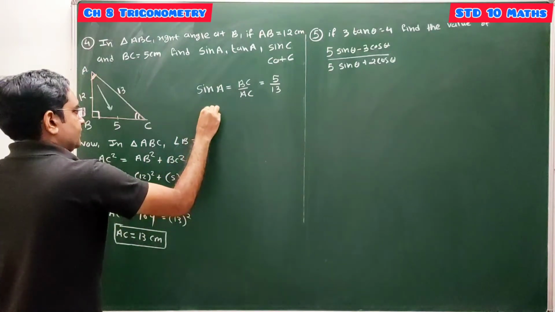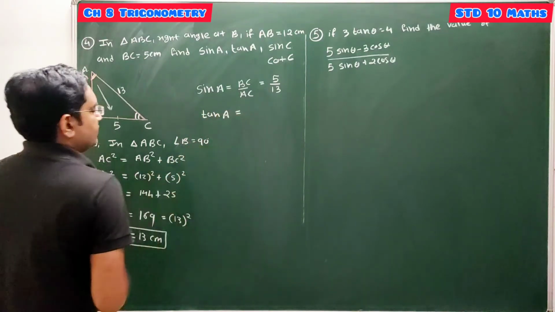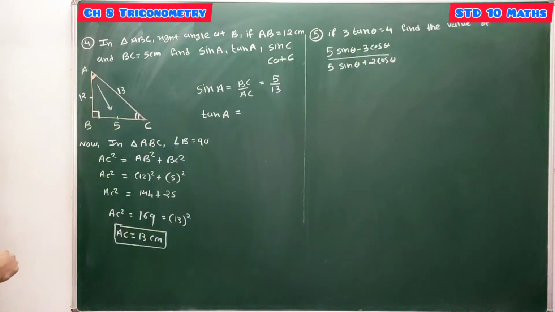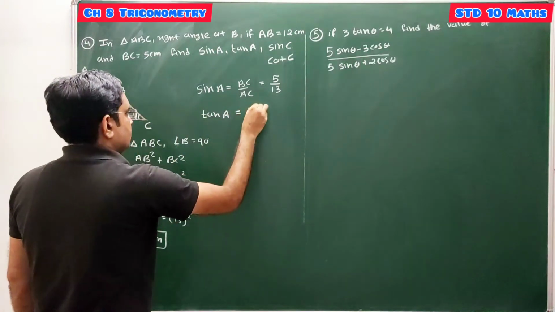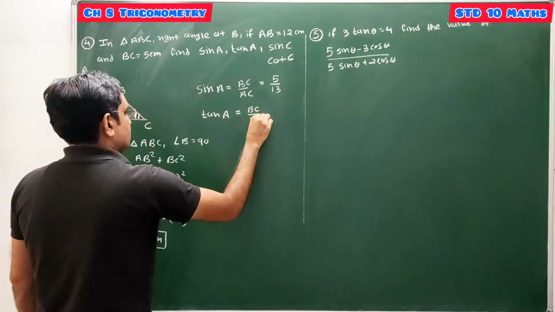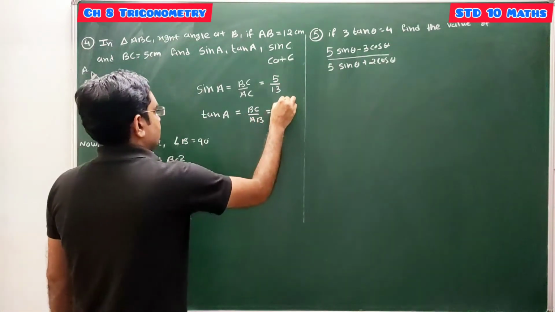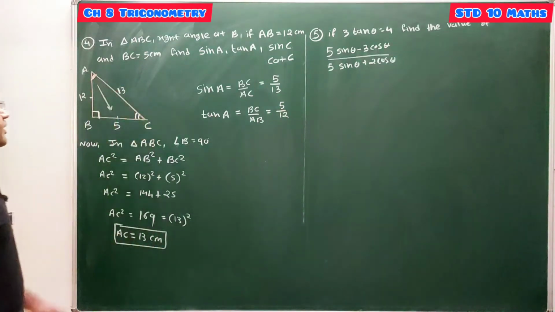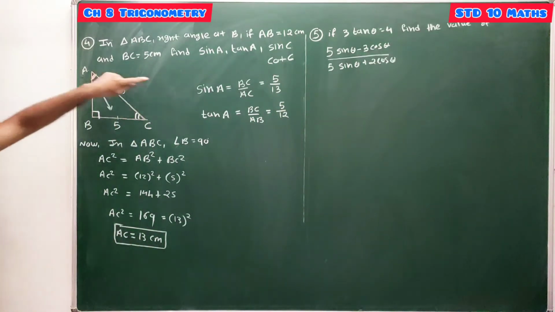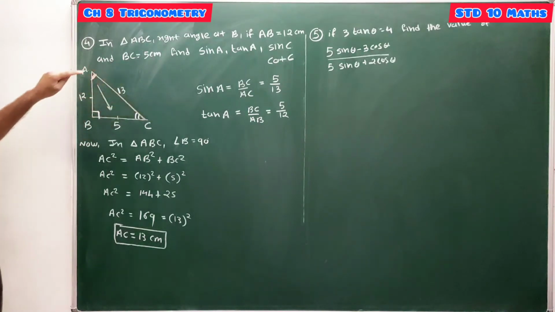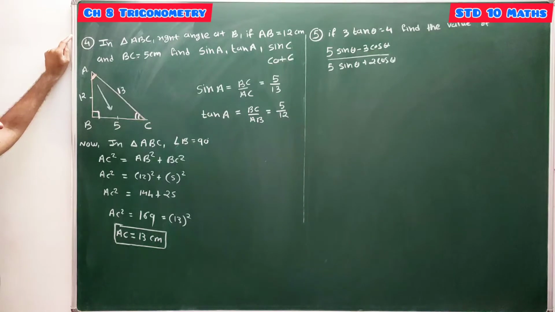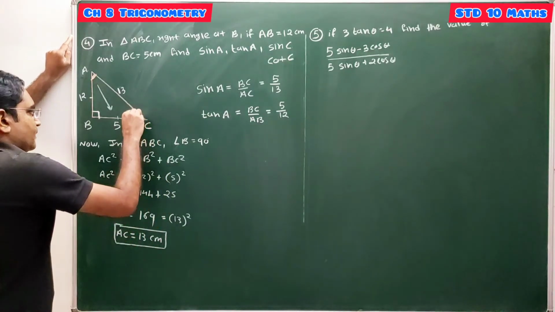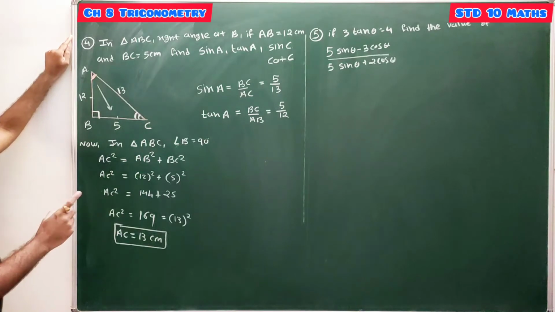Then you have to find tan A. Definition of tan A: opposite side by adjacent side. So this is opposite side, this one is adjacent side. So it's BC upon AB. BC upon AB. So it's 5 by 12. Done. 2 trigonometric ratios for this angle A. You can also find cos, and then reciprocals cosec, sec and cot for this angle A, है ना. अगर यहाँ पर क्वेश्चन में ऐड कर दे तो आप इजीली डेफिनेशन का यूज़ करके फाइंड कर सकते हो. डन. Now for this angle C, similarly we can find all 6 trigonometric ratios.